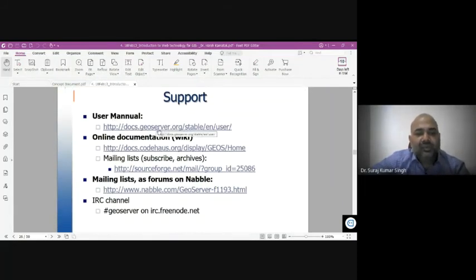You have got the user manuals. When you click it, you will be getting all these user manuals. Then you have got documentation, where all the documentation related to it has been included in the GeoServer. Then you have got a mailing list, where all the persons who have registered on this OGC platform, you will get all those emails. You can subscribe to it and use it for your contacts, in case you're finding any difficulty in programming or coding, they'll be helping you out. And this has got better results than proprietary software.